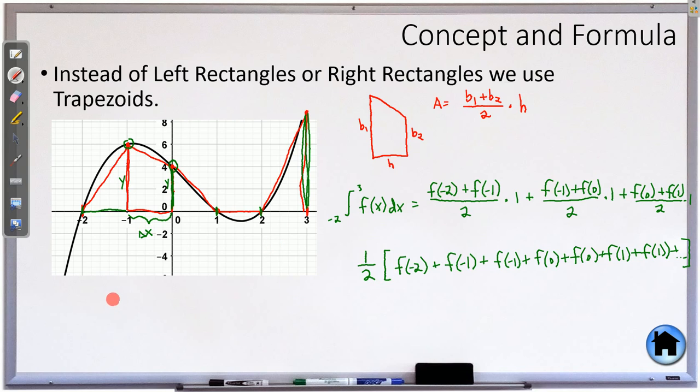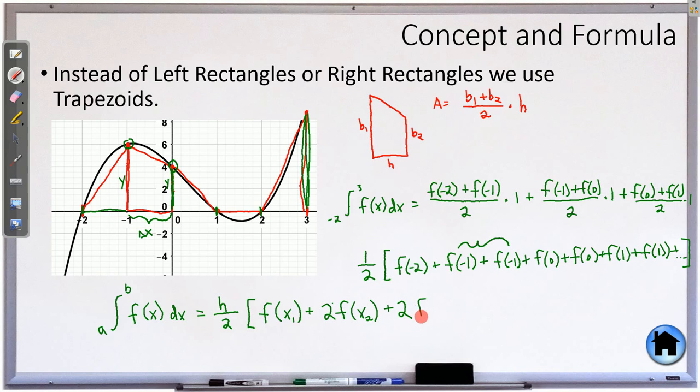So, what is the actual formula? If you take the integral from a to b of some function, it is equal to, so the 1 was our height. It's not always going to be 1. It's however wide your trapezoid is, divided by 2. That is always a divided by 2 because that came from our formula, times, now you have f at your first x, so I'm going to put x sub 1, plus, now there are 2 of your second x's, so 2 f of the second x, and then there are 2 of the third x,